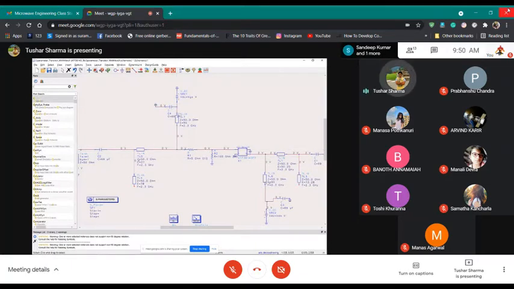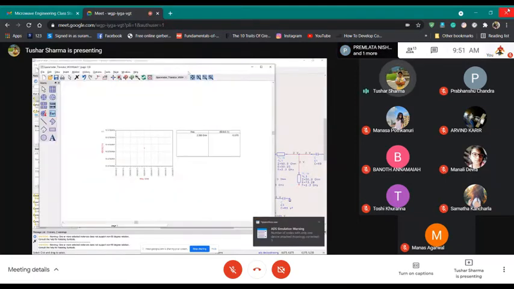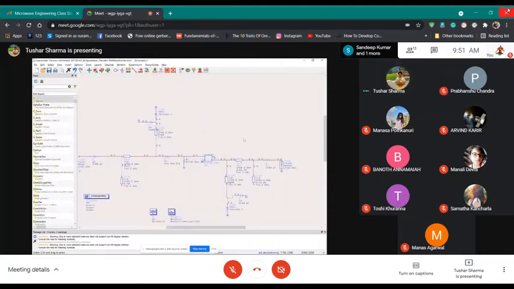So this capacitor makes sure that you present a good ground at this point, because if it is short here, this should become open circuit. Okay, so you see nothing changed, your gain is the same. So through this you can easily bias both the gate as well as the drain of the transistor. That's very straightforward for you to bias it.